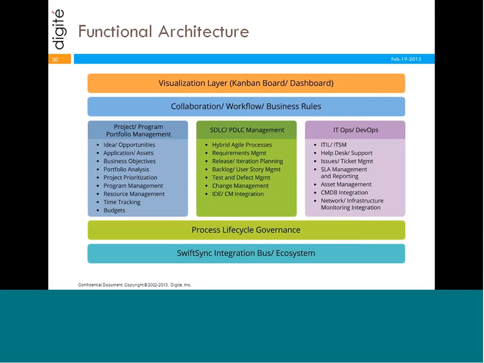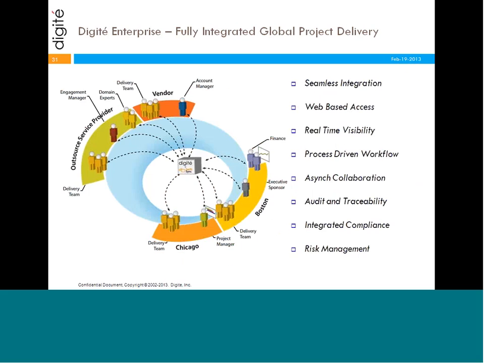Supported on the top with visual layers, which could be either a Kanban board or a dashboard, and of course collaborative business workflow and business rules. And at the bottom you can see the support for process, and at the last you have the SwiftSync integration bus, which enables you to set up an ecosystem that will encompass all of the existing tools that you might have in support of your overall